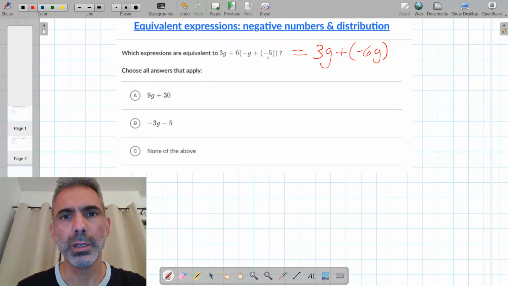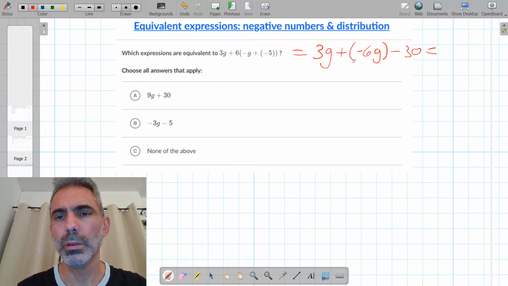Positive 6 times negative 5 is negative 30. So this equals 3g plus negative 6g. We can combine these terms because they both involve the g variable. So this is negative 3g